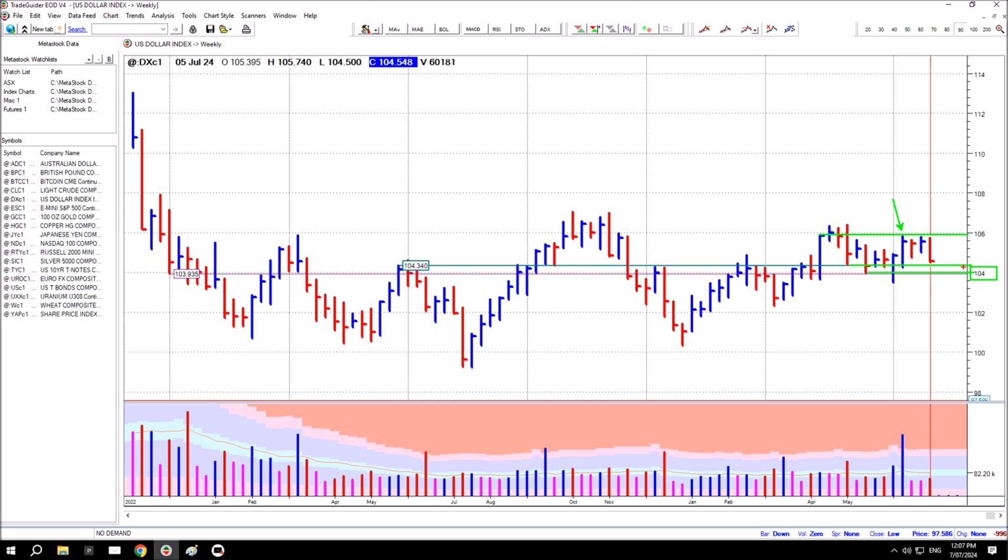But at this point, price still remains within the range of this bar and within the previous up range here. So we would give it the benefit of the doubt at this point in time and say that it's uncertain. Now, the down bar this week has given some breathing space to many of the associated markets who were up in response. And the amount of ease of movement shown in those associated markets gives us some idea of the underlying strength or weakness in those markets.